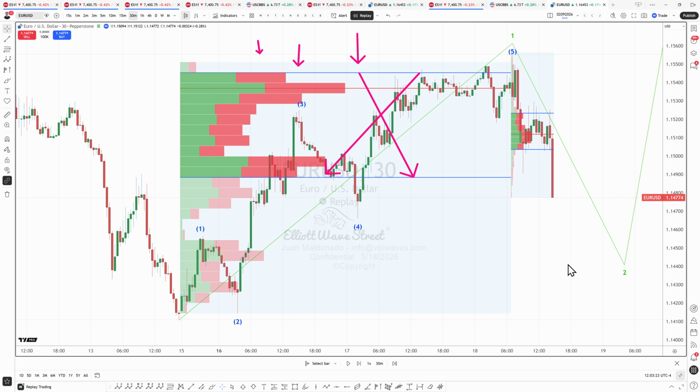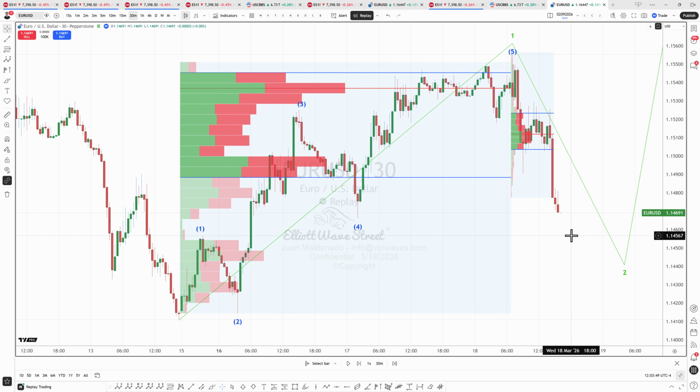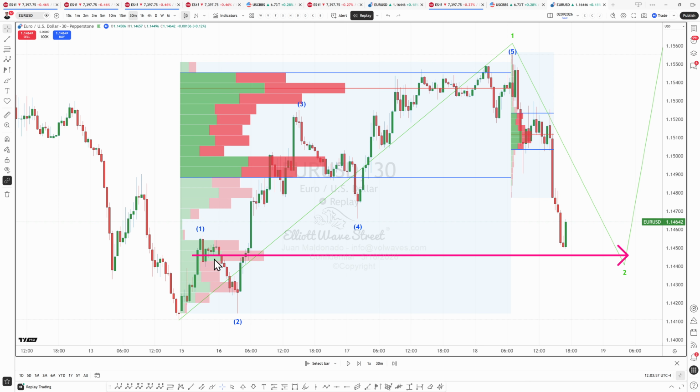The corrective wave starts and we start seeing the price hunting for stops. The price is selling off and the corrective wave of volume profile that is developing is starting to show that its strongest volume is here. So we have many exiting from their bullish trade on this area. The price moves down and it's building the second wave. During this process, we are seeing the price getting into this volume profile node area right here where many were